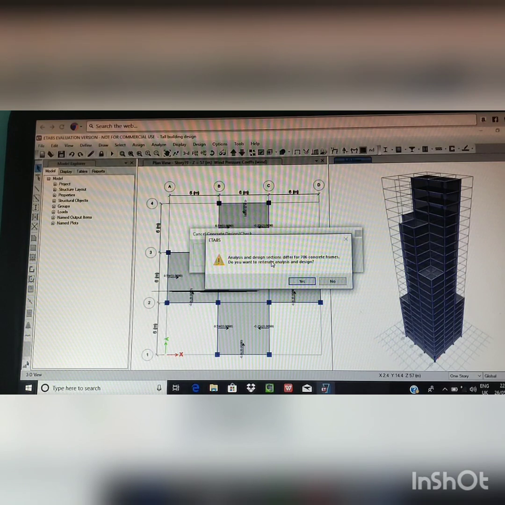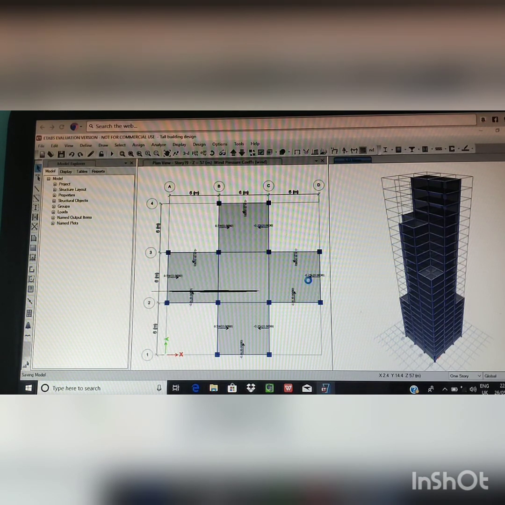Here we can see that the design section differ for 706 concrete frames. So here the software asks for redoing the analysis. So click on yes.